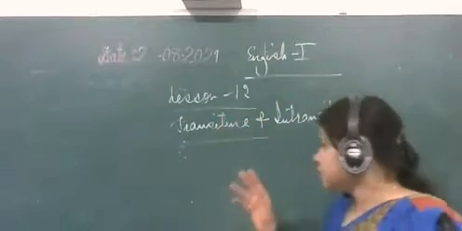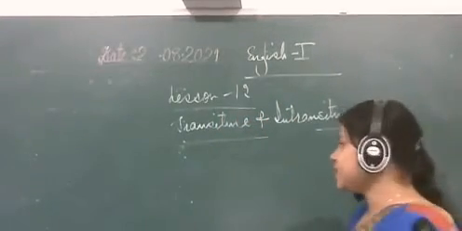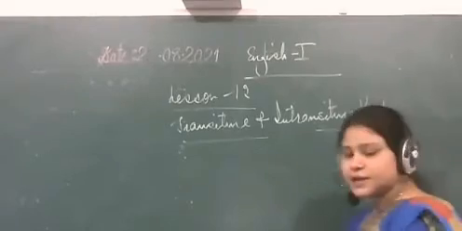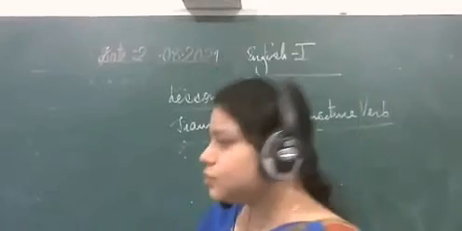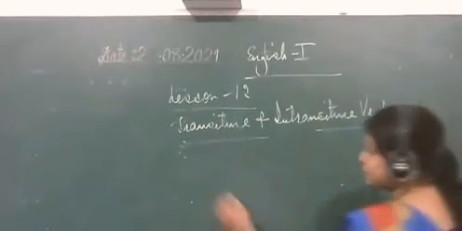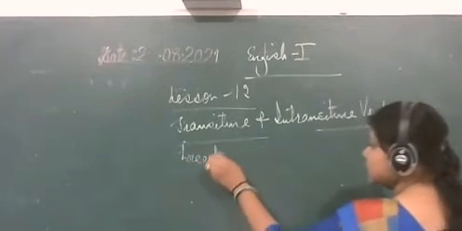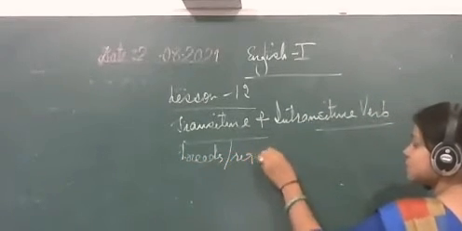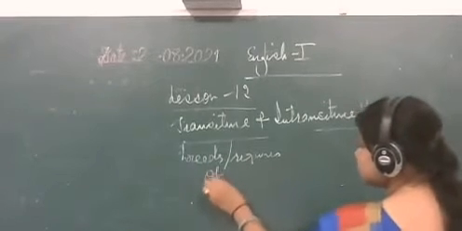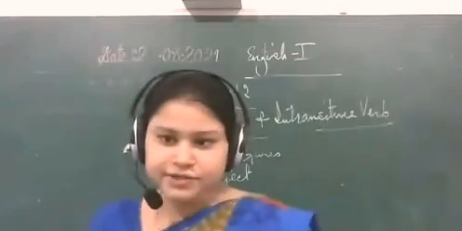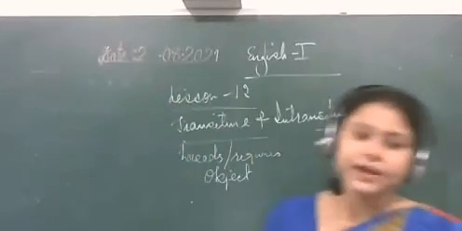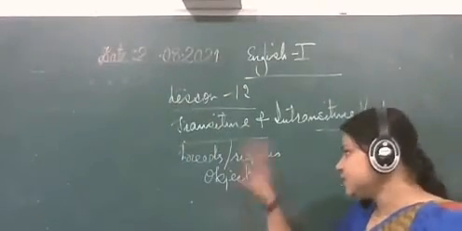So here we're going to have transitive and intransitive verb. Yesterday in the class, I explained to you what is a transitive verb. A transitive verb is a type of verb which needs or requires what? Object. It is a type of word which needs or requires an object to complete its meaning. It means where in a sentence there is an object, that can be a type of transitive verb.